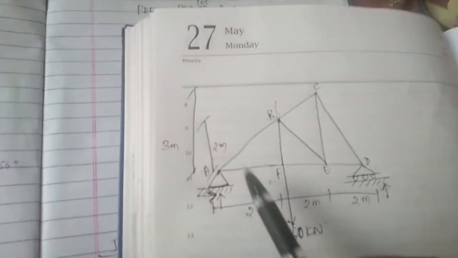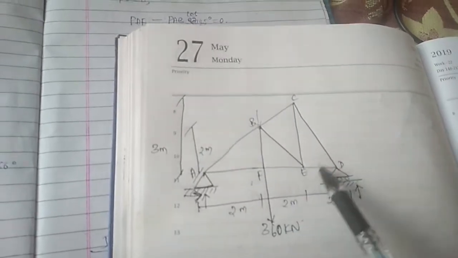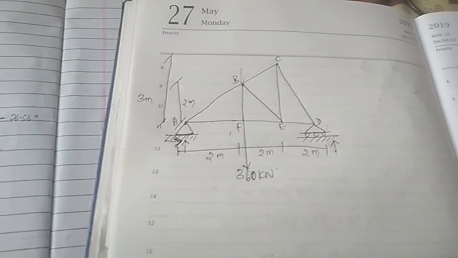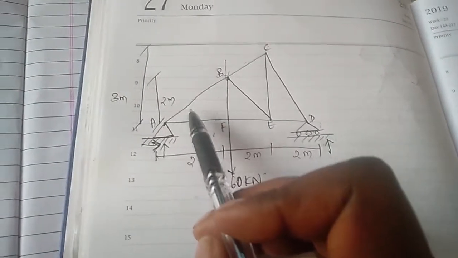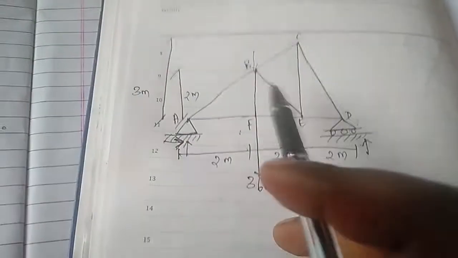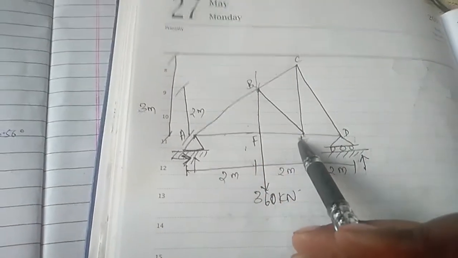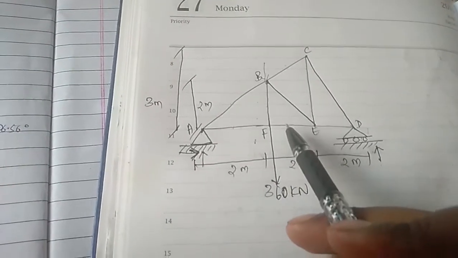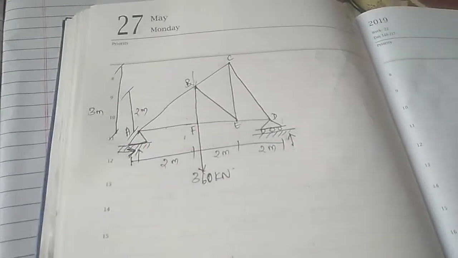So how many members are here? There are 1, 2, 3, 4, 5, 6, 7, 8, 9 members, right? So we have to calculate each and every member, or what is the actual force acting on a member. But if you see this figure, you can find there is no angle given for the inclined members. If there is an inclined member, it should have a definite particular angle. So without knowing the angle, we cannot solve the forces in horizontal and vertical, right?